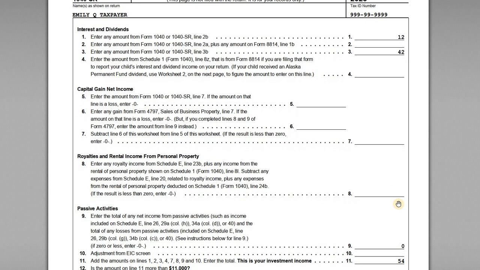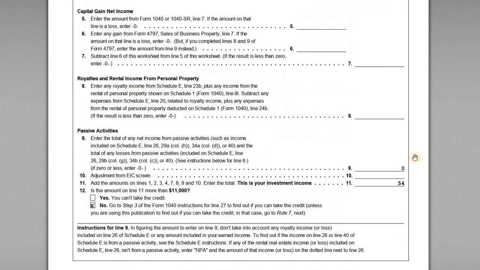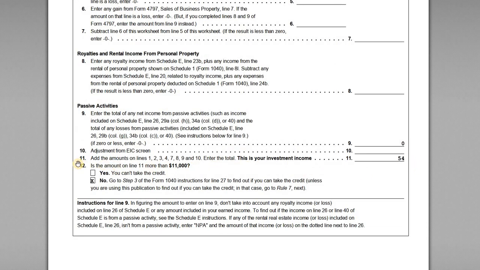So in this worksheet, what it does is summarize all of the investment income that Emily has. And you'll notice up here, we just have a little bit of interest and dividend income. And so the total amount of investment income for this taxpayer on line 11 is $54. And so the final question asked on this worksheet is, well, is that amount more than $11K? Because if it is, you can't claim the credit. But in this case, no. The answer is no. We don't have more than $11,000 of investment income, so we can continue on to claim